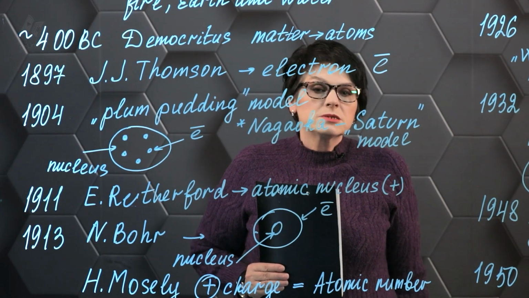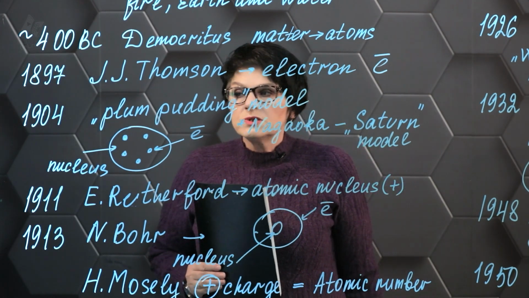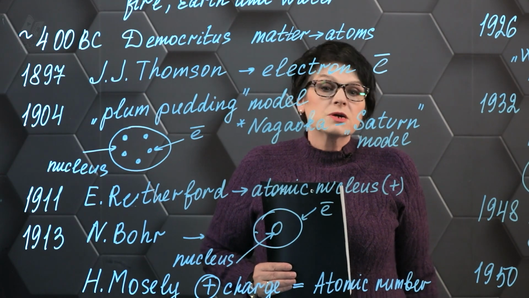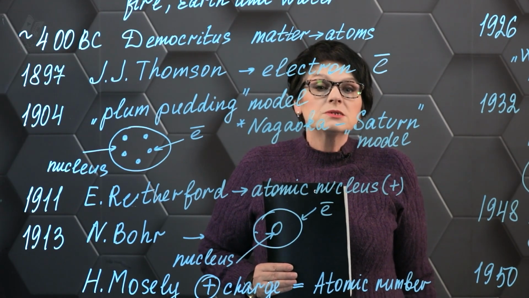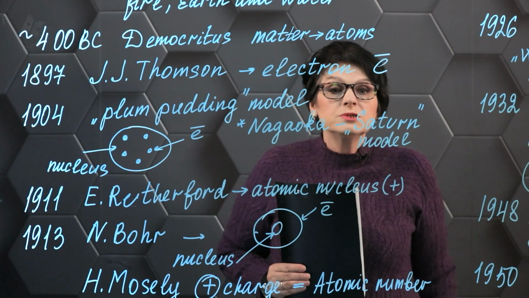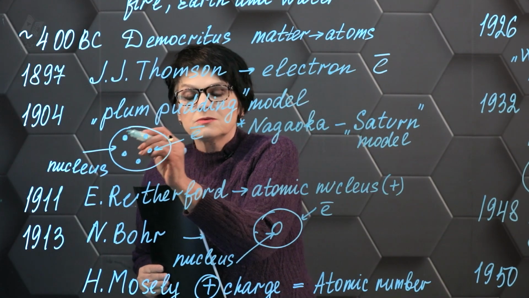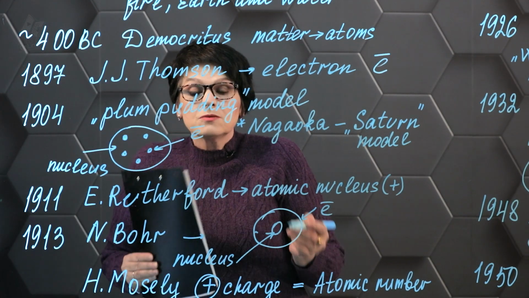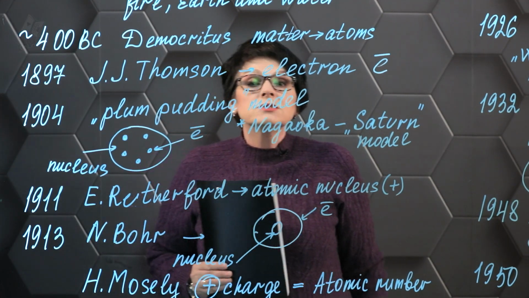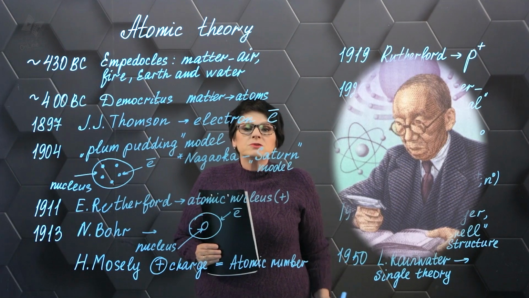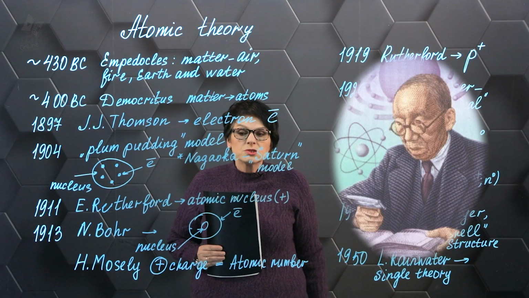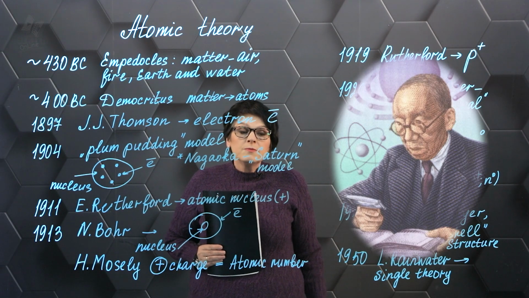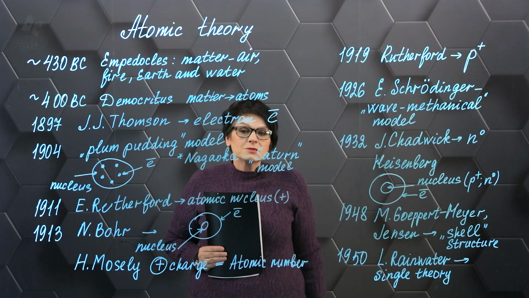In general, a pudding model appeared, in which the idea of the atom looked like a pudding, where the pudding was regarded as a general quantity, the nucleus was a kind of porridge of this pudding, and the electrons were wedged into this pudding like a raisin, which we can put into an ordinary pudding. Then at the same time, the Japanese scientist Nagaoka suggested that the atom might have a model that resembles the planet Saturn.